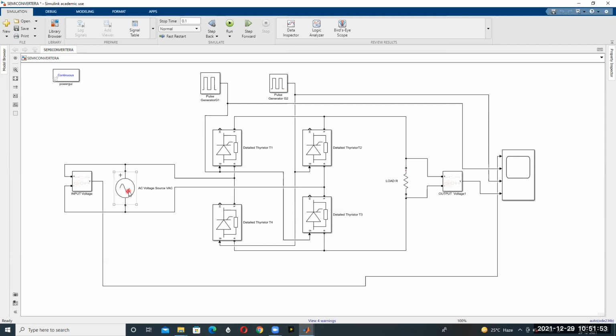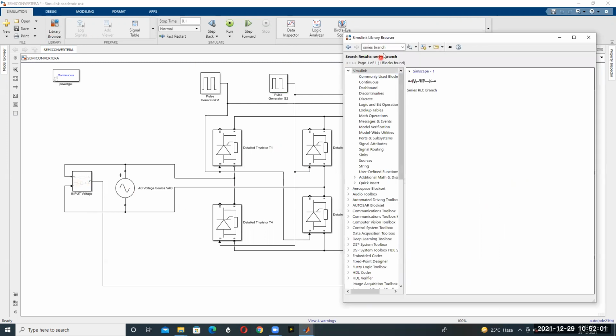If you want to connect to the scope, take one voltage measurement from the library, right here.